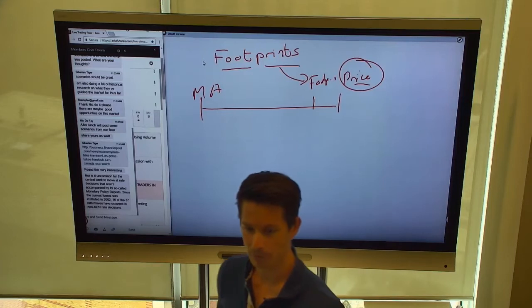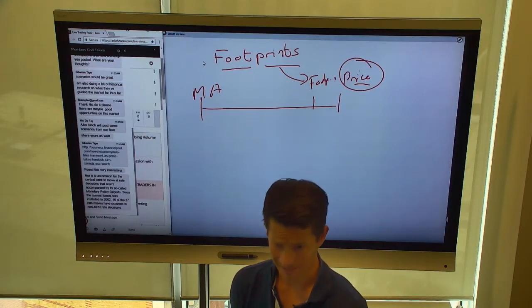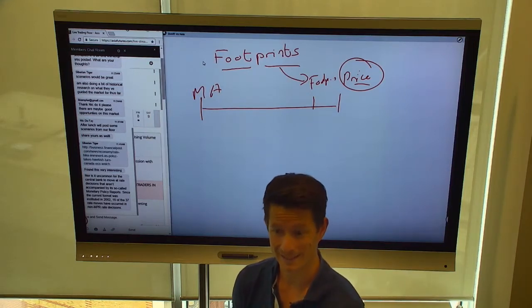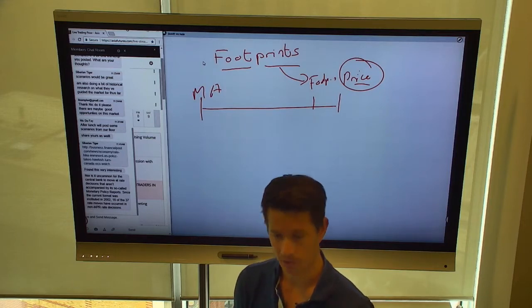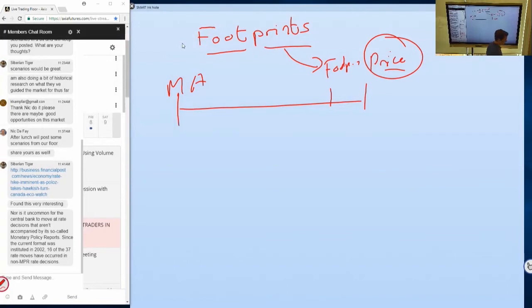Now, what's lovely about a footprint is it's a summary. That's all it is, guys. It's a summary of what has occurred most recently. Whether I want to see that summary in 10 seconds format, 1 minute format, or rotational format, it is a beautiful summary. And it paints beautiful patterns that you can learn to interpret. Now, what I'm going to do with you today in the session is show you what a footprint looks like. Okay, so let's bring it up.